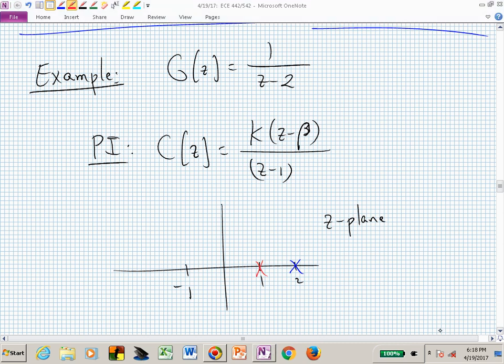But where do I put my 0 of my PI controller? Do I put it between 1 and 2? No, that's not a smart choice, is it? Or a wise choice, I should say. I probably want to put it to the left of z equal 1. And if I do, then you know exactly what the root locus looks like. And that might influence where you put beta, or where you put that 0. If you put it here,